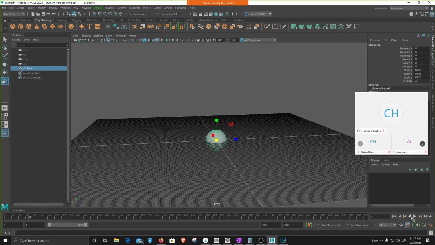Your animation, if you hit play, you'll see that this is not moving at 24 frames per second. It's going really fast. That is because the setting of Maya is set by default to play as fast as it can. So if you have a bunch of animation in your scene, it's going to move slowly. It's not going to move real time. So it plays as fast as it can. So if you see this little guy here on the bottom right side of the screen, if you click on him,